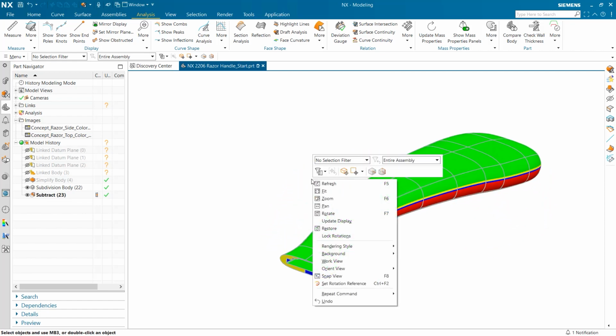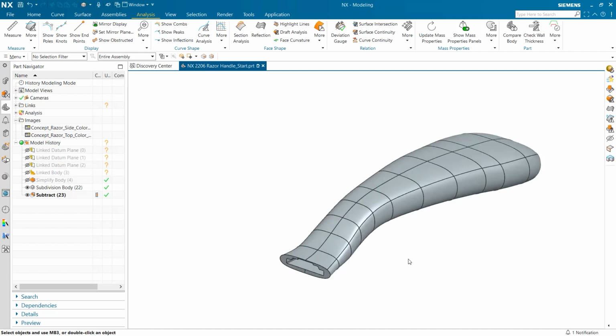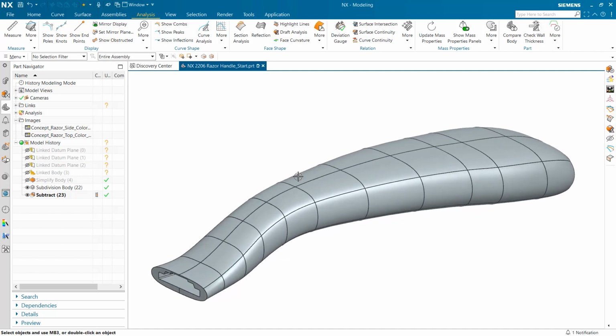Just a quick recap of what you have seen. I have imported some artistic sketches and then used Realize Shape to very quickly develop the design based on the reference geometry. As you saw, it's very easy and intuitive to push and pull the control cage to give me the shape that I need. I can also add more vertices, faces, and edges to give me even more control of the final shape.